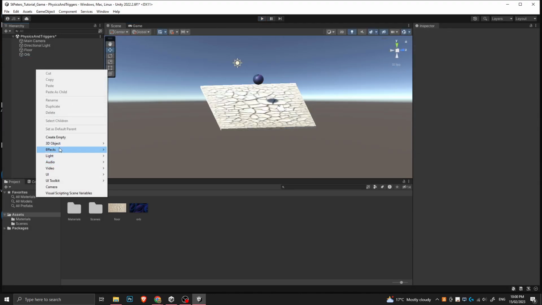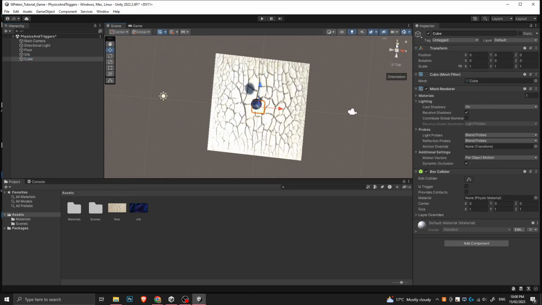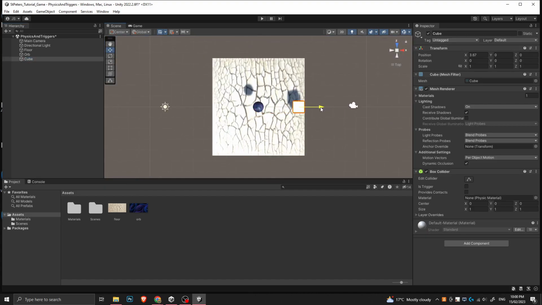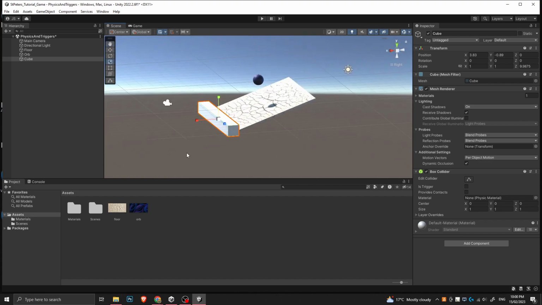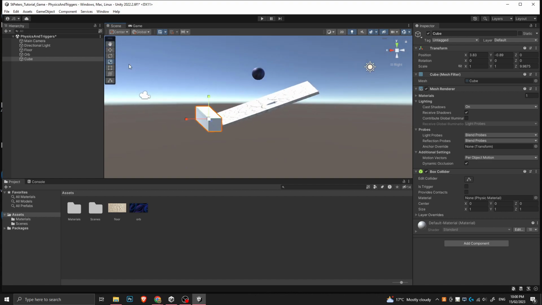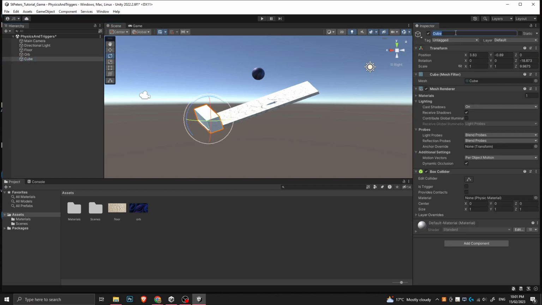Just going to go ahead and add another cube. This one here, I'll go into the y-axis, move it forward. X-axis, move it down a little bit so it's at the bottom of the thing. I'm then going to go to the scale tool and I'm just going to drag it out. And I'm going to rotate it a little bit just for the aesthetic. Alright, there we go. This cube I'm going to rename into